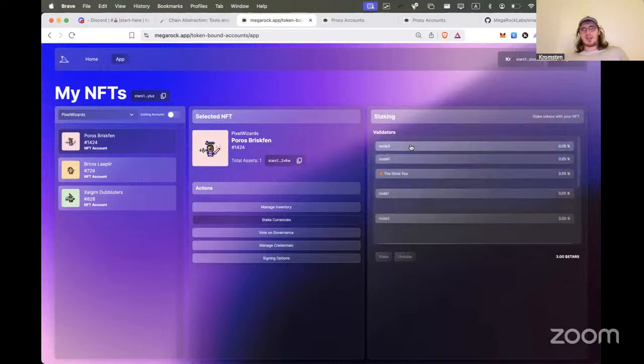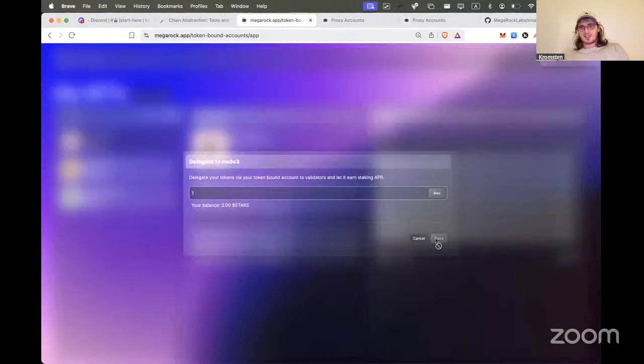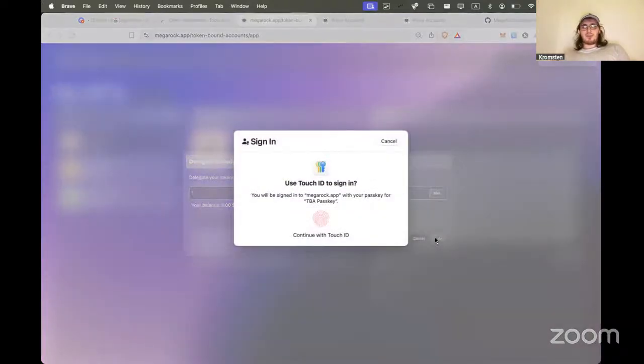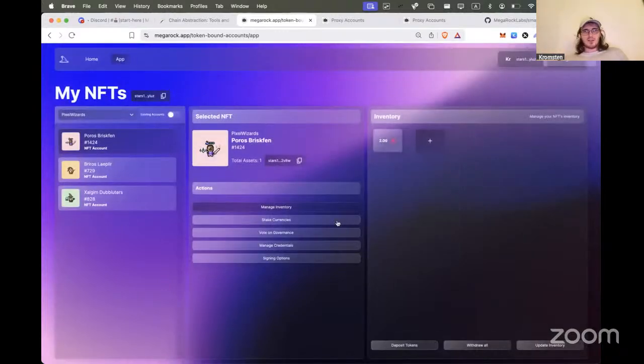So if we wish, we could authorize an action, for example, to stake some Stars in this case, and then whenever we want to sign, we'll get a pop-up for the passkey. Or the same with the Ethereum wallet. Here's the authorization, and now we're loading until it goes through, and so on.